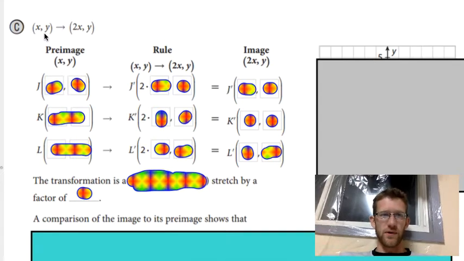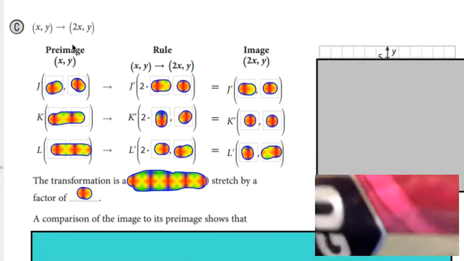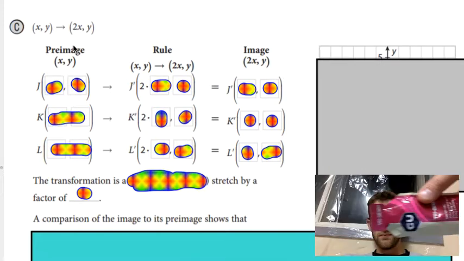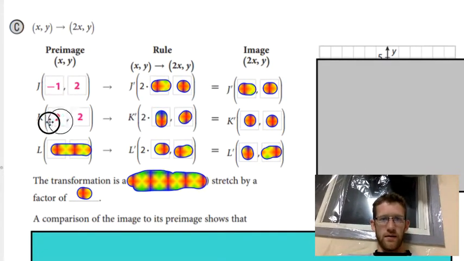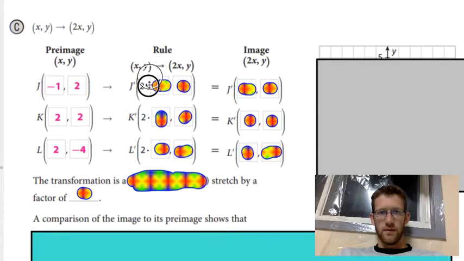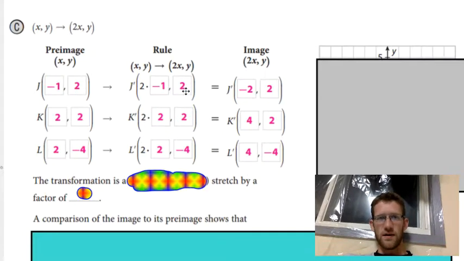This transformation, what do we do with it? Well, this one we're going to multiply the x value by 2. Go ahead and figure that one out. I'm just deleting all these. We multiplied all the x values by 2. Again, the y doesn't change at all, so the y's are totally constant. And when you graph it,